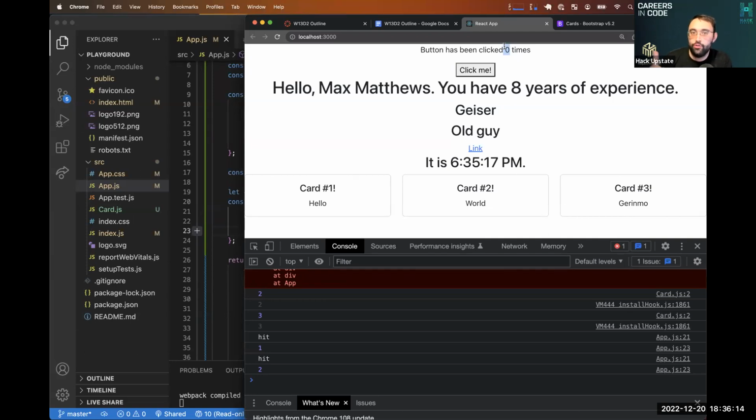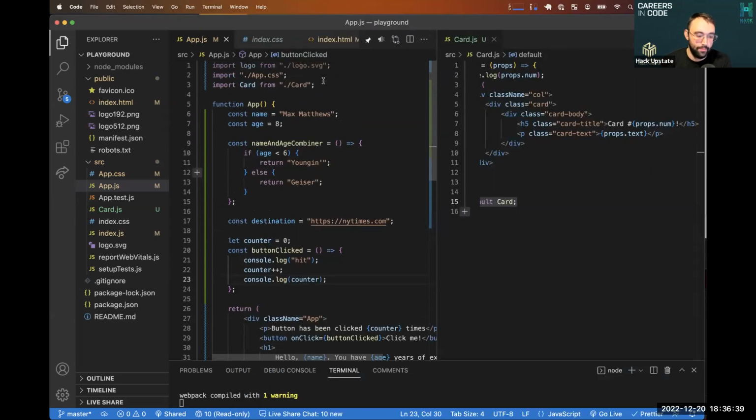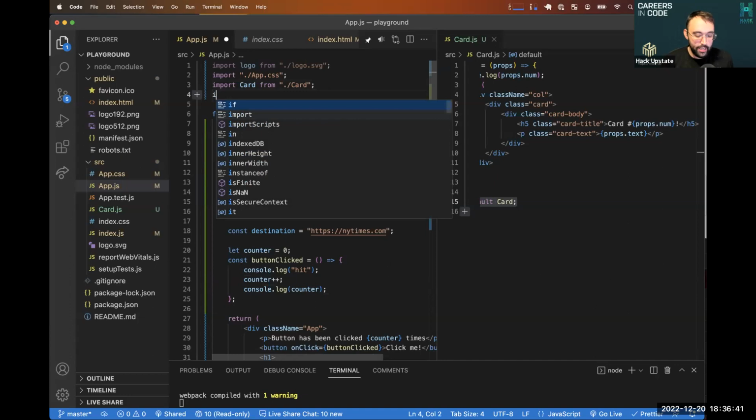Okay, we're introducing the concept of state here. State is a special kind of variable that React gives you access to, that whenever we update that state, it's going to automatically rerun our return for us and update the HTML without us needing to touch the DOM. To show how that works, we're going to go back over here, and up at the top,